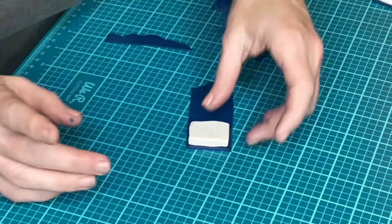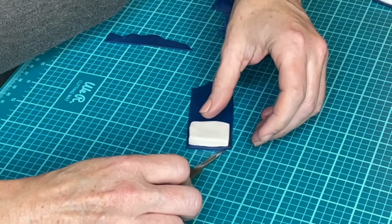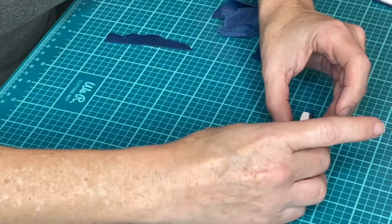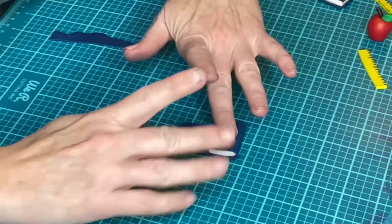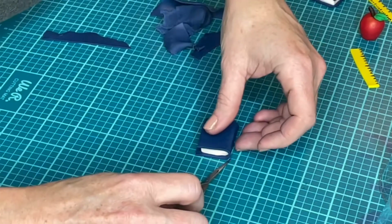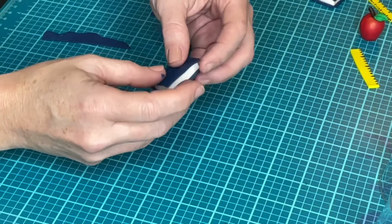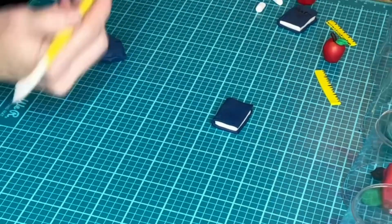So then at this point I'll pick it up with my scalpel because you could still mess it up here. And then fold it the other way, like this. And then I'm just gonna cut it straight across. All right. So there you have your little book. And then I'll take my tool, my Dresden tool,